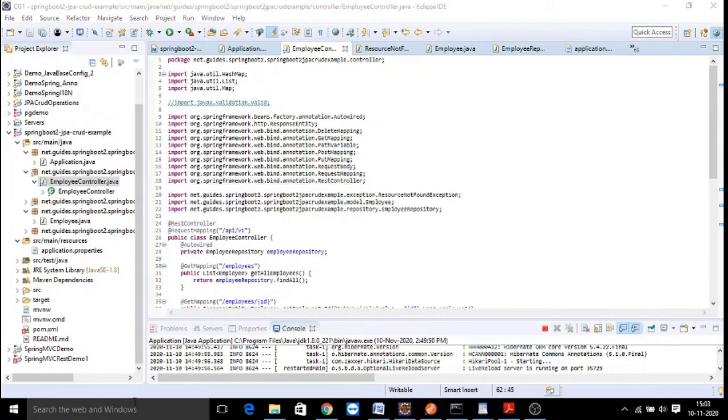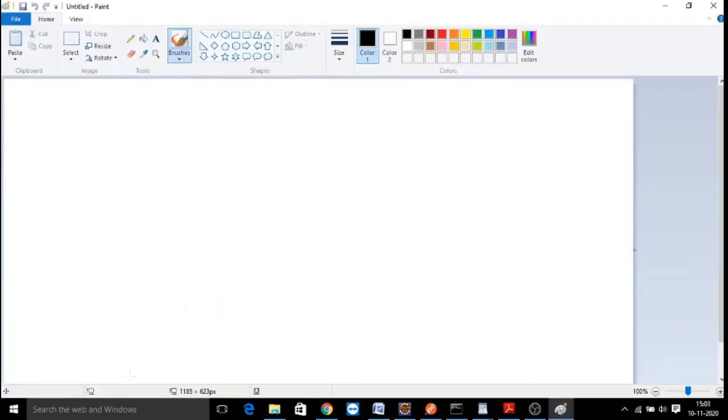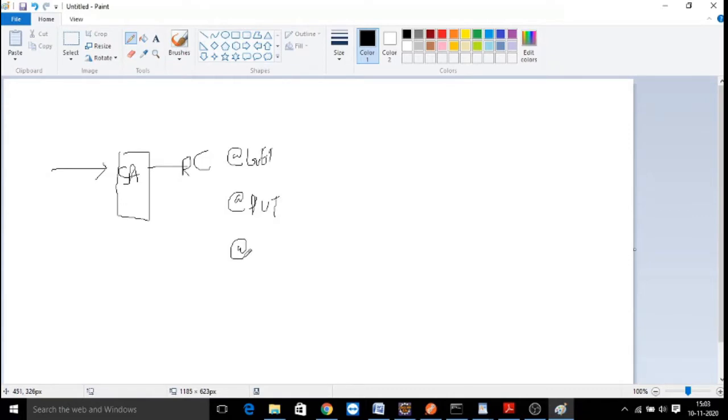If we look into the architecture, it will be useful for beginners. First, in this Spring Boot application, you have your Spring Boot application, which is a bootstrapping application, a simple Java class. From there the request is coming to your controller. So this is a REST controller where we have mapped @GetMapping. Get mapping is to perform read operations. @PutMapping is for update operations. @PostMapping is for adding one employee record into the database. @DeleteMapping is to perform delete operations.